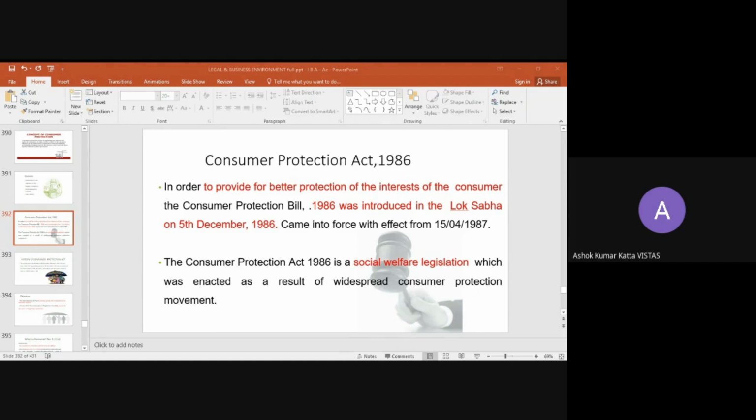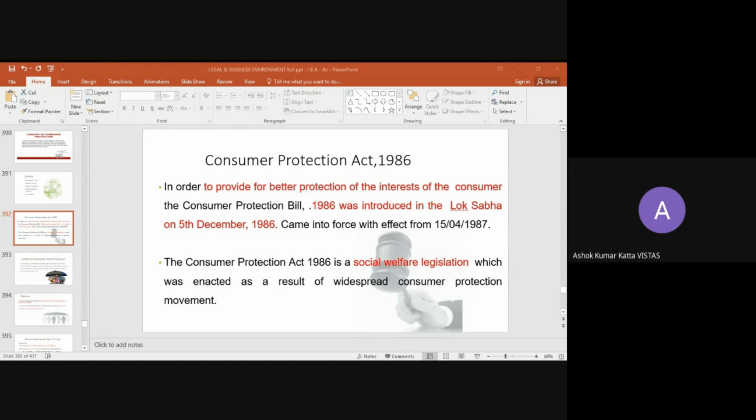But how many of you know that if you find any kind of product-related damages, how you need to file a case, how we need to get protection from the government? Now, this thought or idea came into the minds of the people and they were trying to implement one particular act required to monitor these kinds of things.